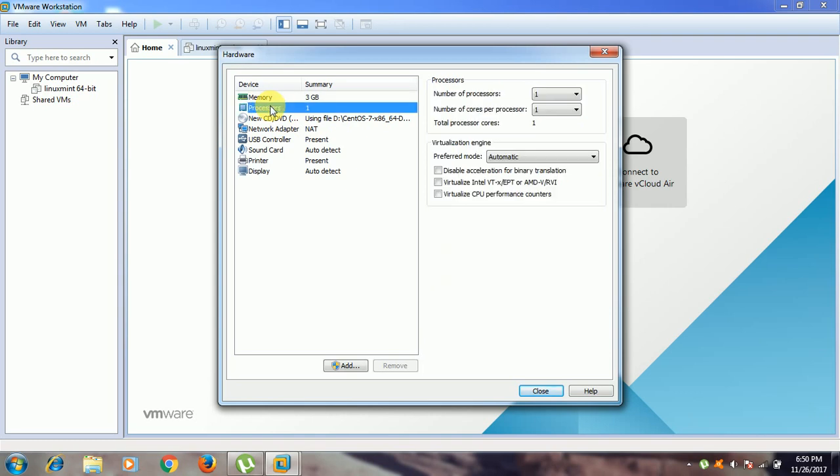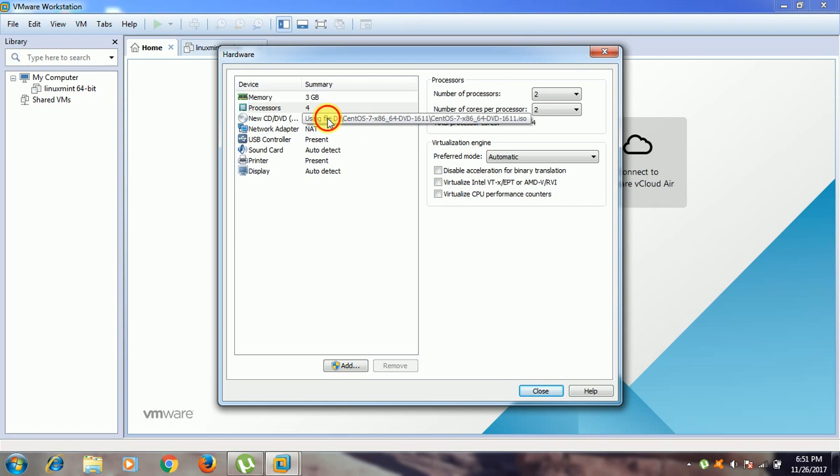And my processors, okay, I can give 2 processors and 2 cores. That means total processor cores are 4. According to your CPU, you can give that number of processors and number of cores per processor. So mine is 2 processors and 2 cores per processor, right?